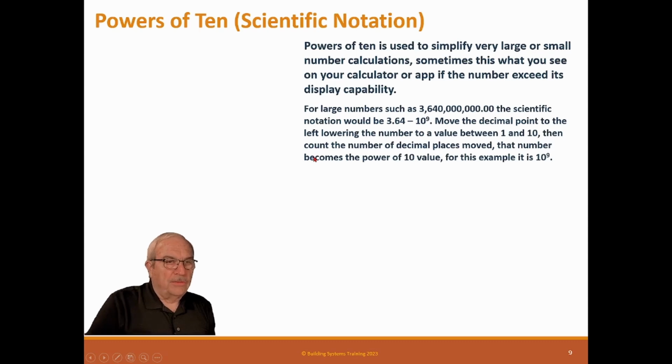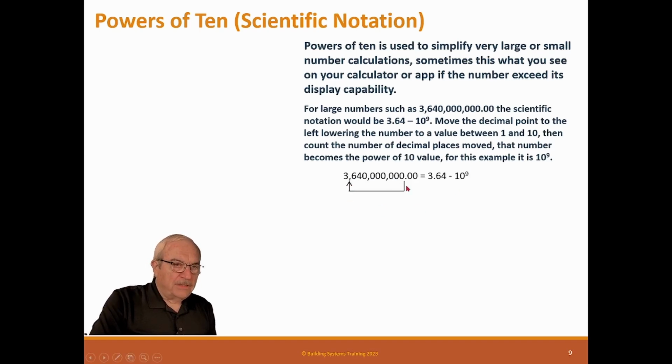For a large number, such as 3,640,000,000, that's a big, big number. It's hard to type all those zeros in. So to change that, what they do is they move the decimal place. So what happens is we want to move this decimal place till we get a whole number, with a significant number. So basically we move that decimal place over to there, we get 3.64, and then we put a symbol,